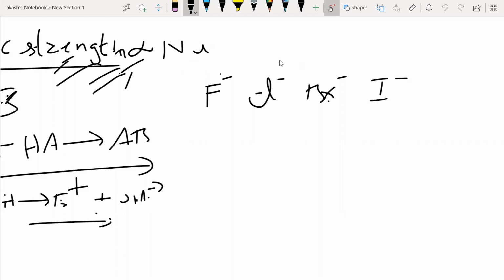I think we did, right? Yes, we did this thing. Acidic strength, basic strength. We did, right? I told you that if the conjugate base of an acid is stable, then it's a better acid. Now, there is one more thing also. If I talk about an acid or a base, anything, right? So the strength